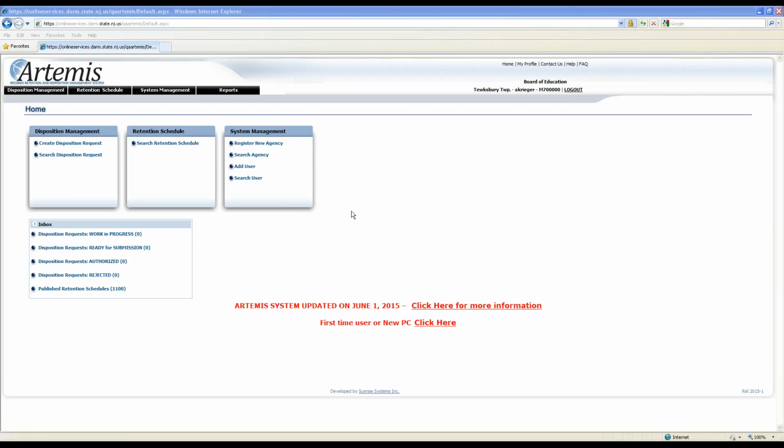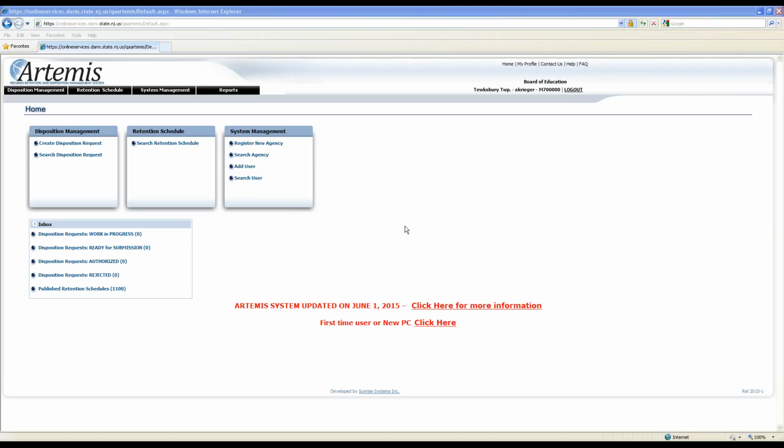Jan asked, can the same person sign as the custodian and the submitter? No, you have to have 2 separate signatures. If the same person signs, it's going to get rejected. You have to have 2 separate people from your organization sign. So again, you should be able to find 2 people who can sign off on that.